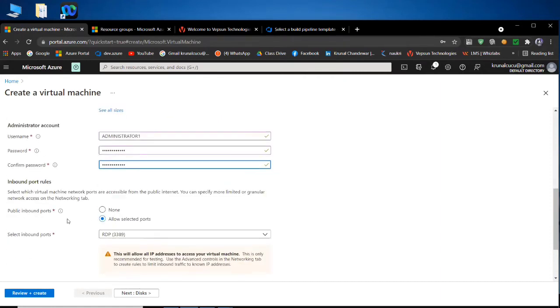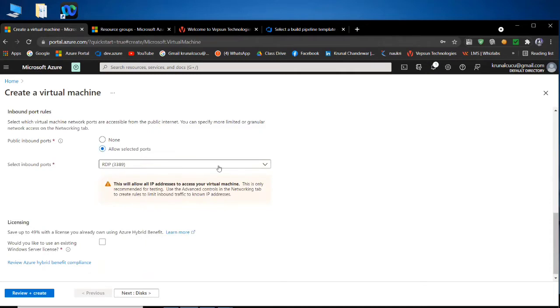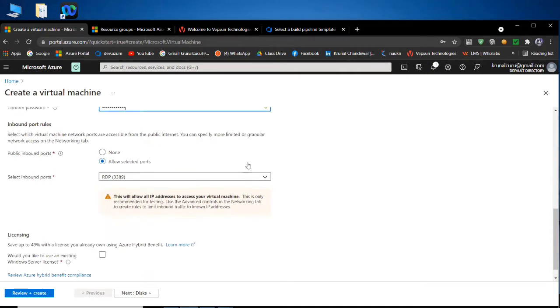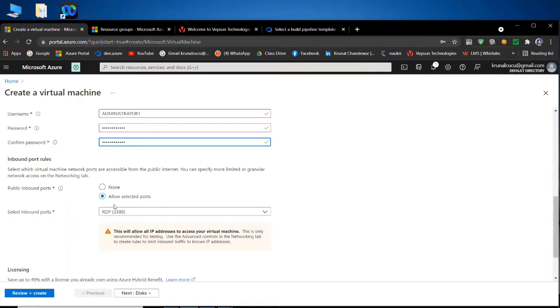Okay, now what we have to do, we will enable here now our ports. This 3389 is a RDP port. RDP port means remote desktop connection port. Means you can use this from your laptop only. This is a RDP port, and with that, it is good you are selecting this HTTP port. If you are selecting this HTTP port, means your virtual machine you can access on internet worldwide also.